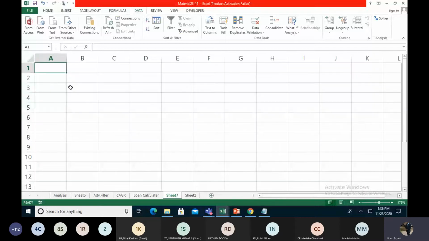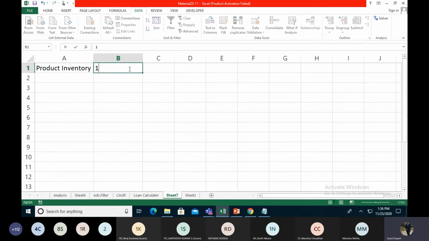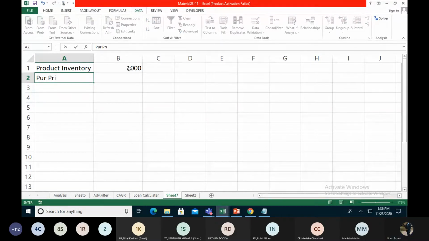So right now we're creating some data over here. Right now I will be taking 1,000 products over here. Their purchase price is $120.